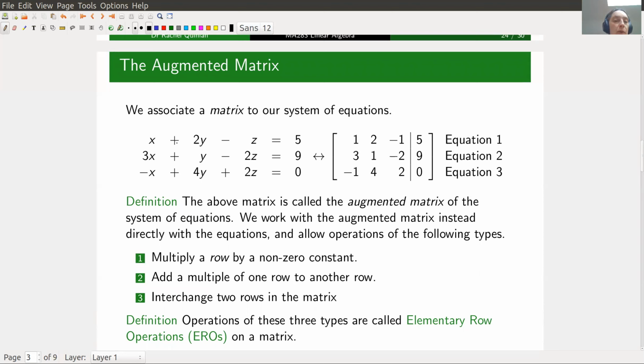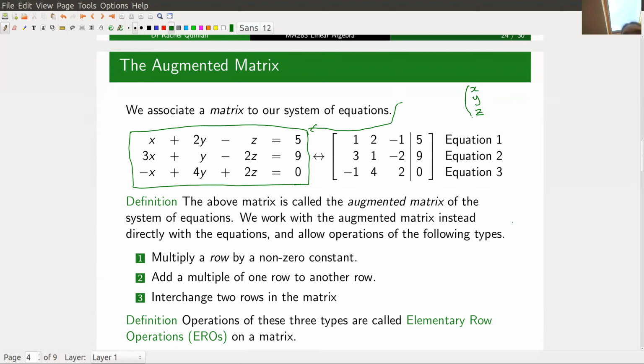Let me make one remark about this particular system of equations. Our system consists of these 3 equations in the variables x, y, and z. I want to make a remark about why it's called the augmented matrix, which might seem like a strange name to give it. The first observation is that that system of equations could be written as